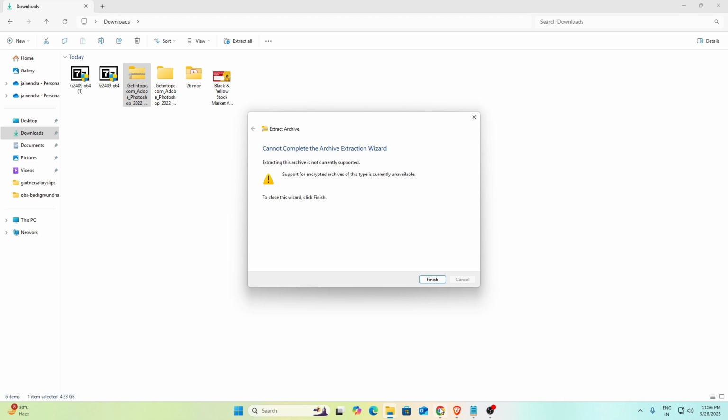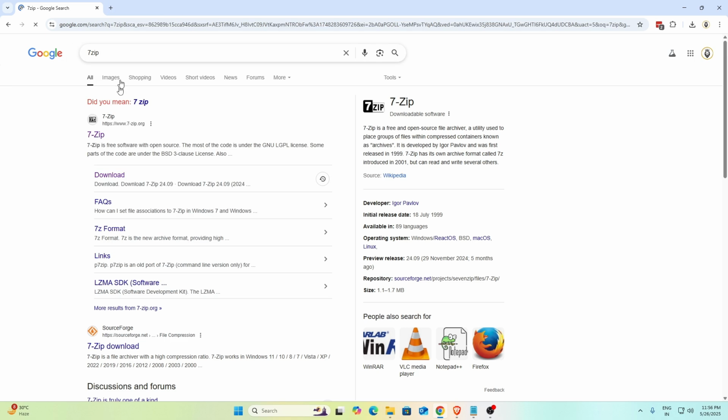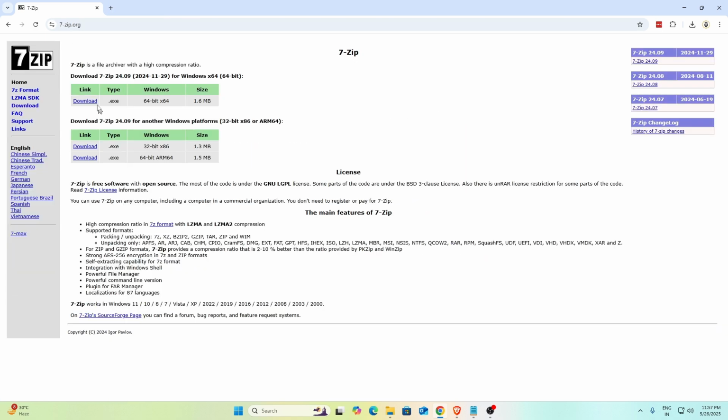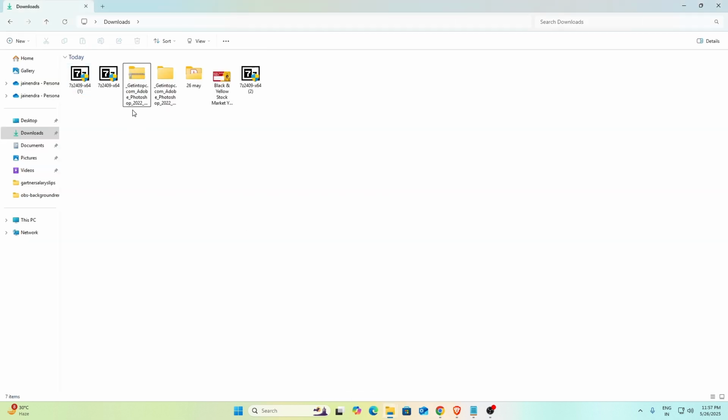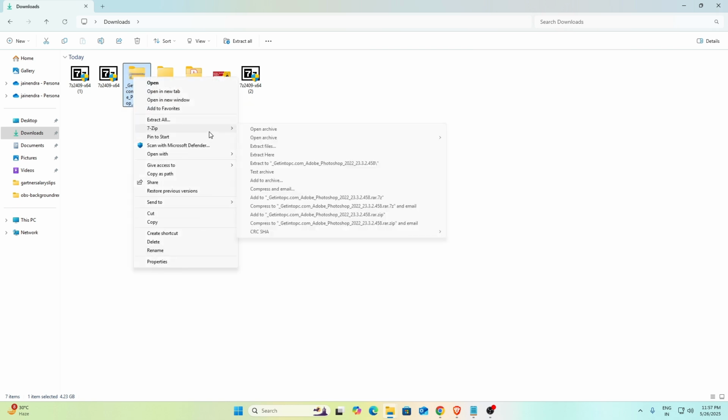So what you can do is download 7-zip and then go to this website, download 7-zip. Yep, this is done. Now come back here and now select the zip file, go to show more options, 7-zip